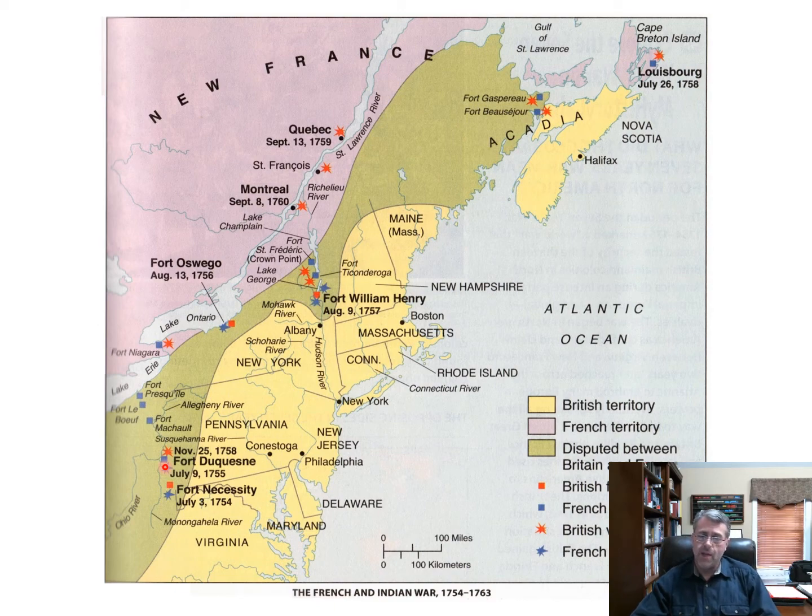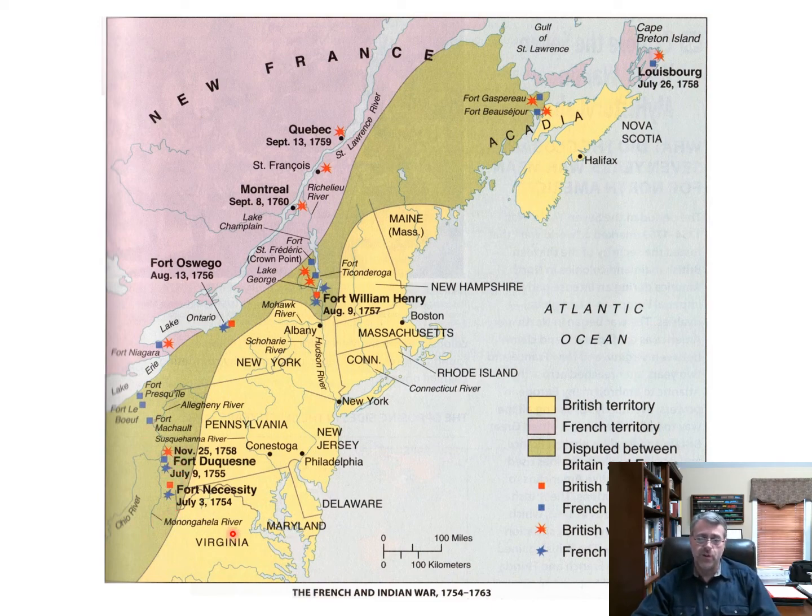At the same time they're having this Albany conference, out on the frontier in the Ohio River Valley, things are starting to heat up. The British colonists got word that the French are building a fort out here, Fort Duquesne, and they know that this area is of strategic value. And the colonial leaders are thinking, okay, if we're going to fight another war against the French, we need to go out and stop them from building this fort. We need to control this area instead of the French.